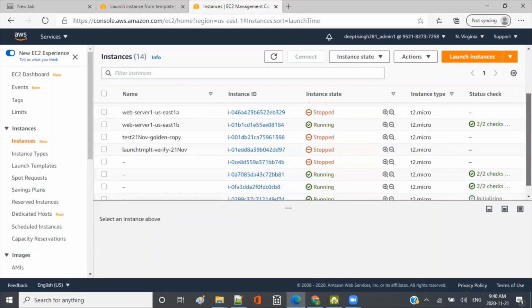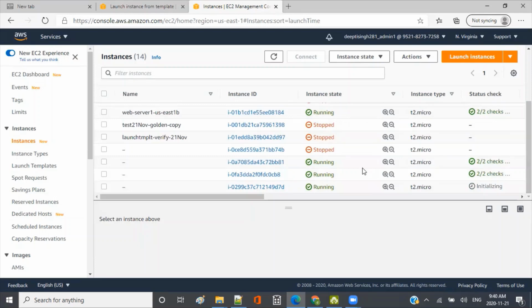And when it launches a new one, you see now we have got 3 here, there were 2, and then another one has been launched, and after some time the one which was stopped will be terminated. Okay, so this is the third one running. It is in the initializing state. Also keep in mind that we specified some grace period, right? When an instance comes up, I wanted to give it some grace period, so auto scaling doesn't start doing health checks immediately. It will give some time so that the instance comes up and stabilizes, right? So keep in mind that time also.